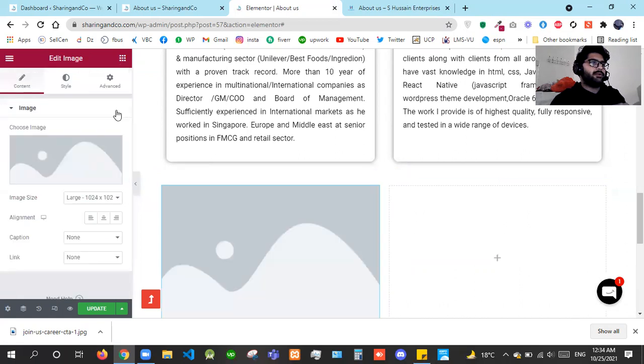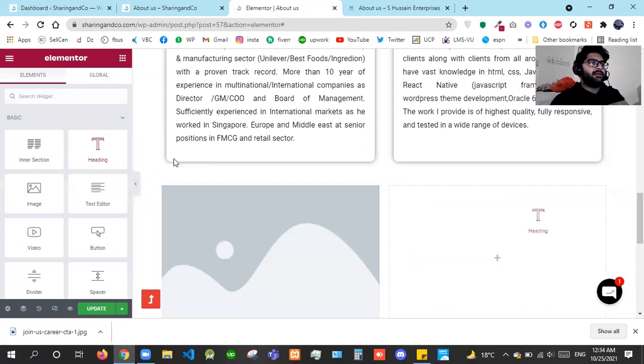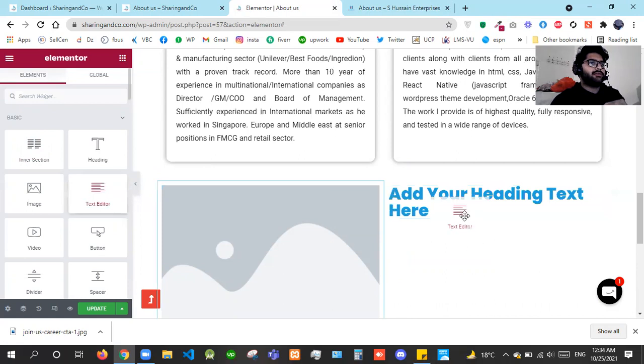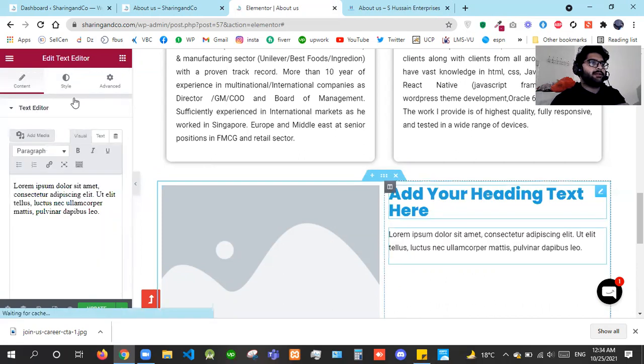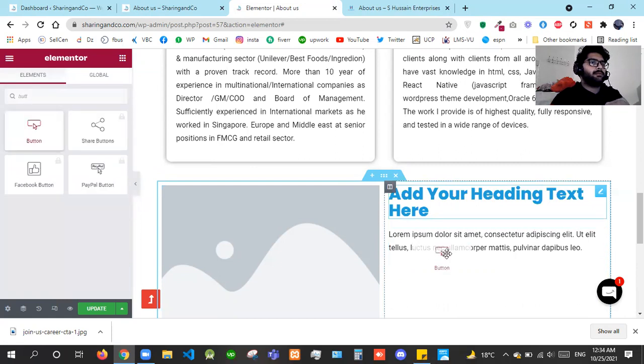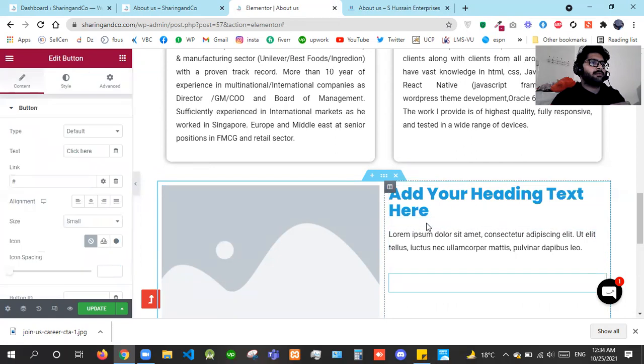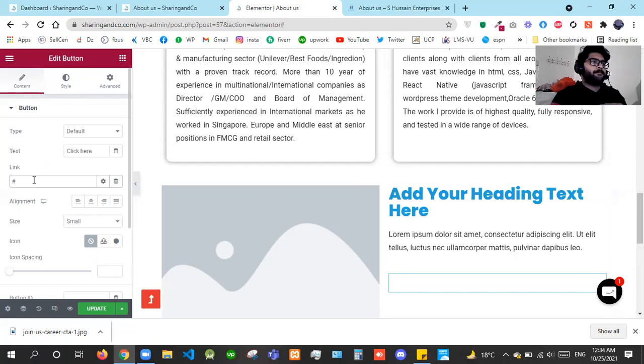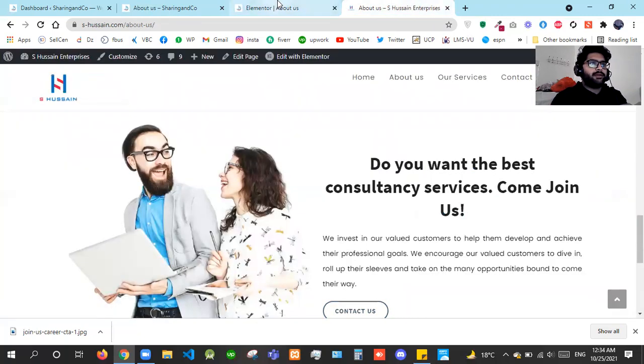Okay, I will go and I'll drop heading here, text editor here, button under here. Then I will just give it the name